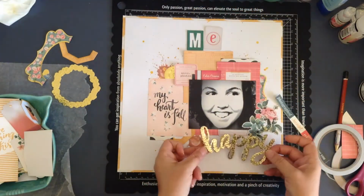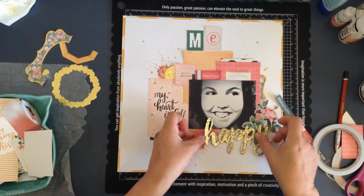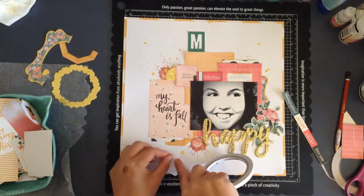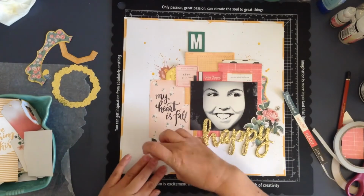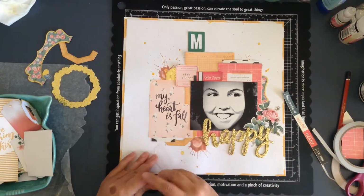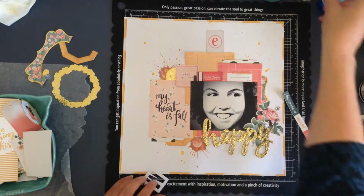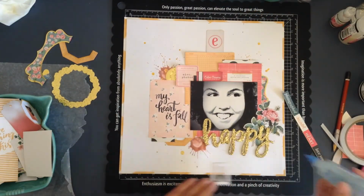So I liked the happy coming to the right, and then putting a little bit of the weight back up to the left hand side with the photo. So it's not a photo of me, it's a photo of my daughter, and it was a photo that was taken, and I changed the look of it on some